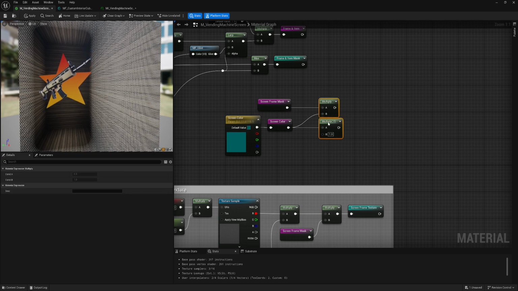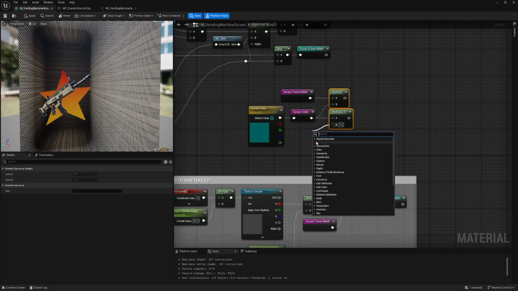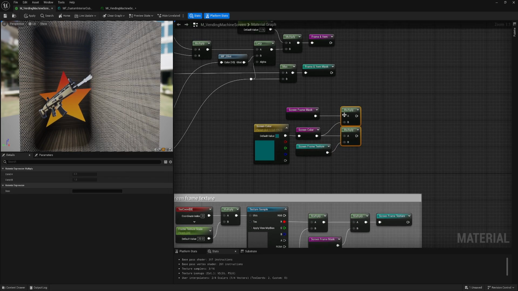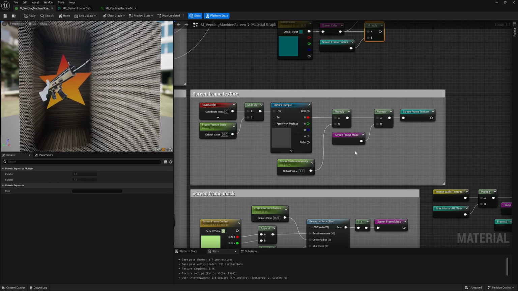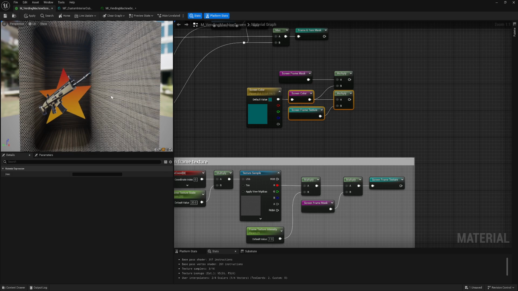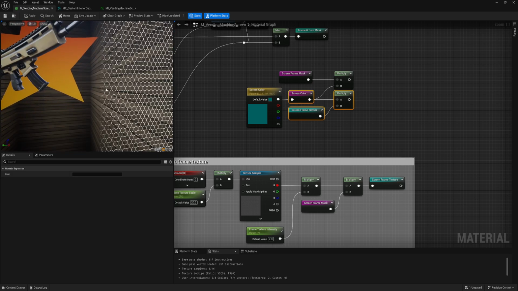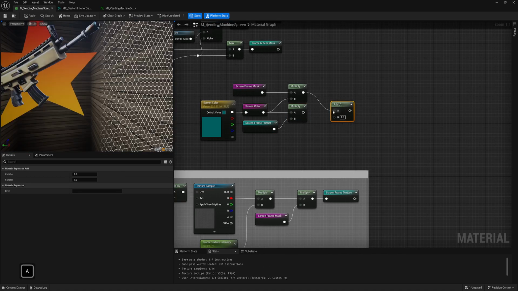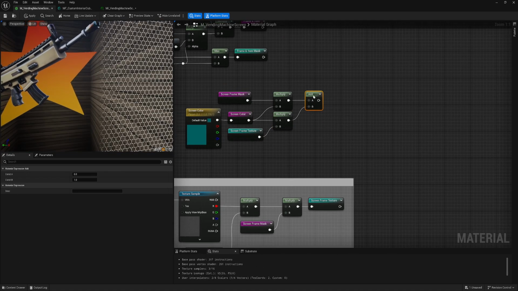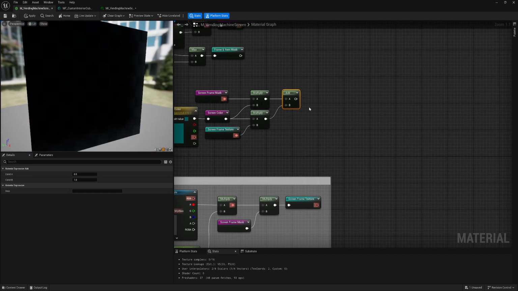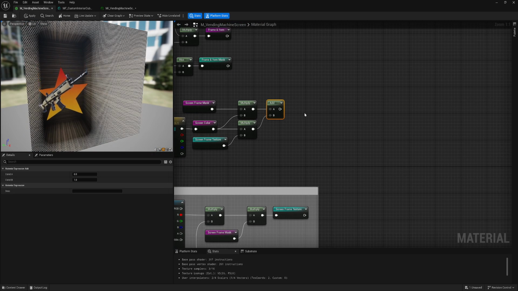Let's multiply with our frame mask first, and in here with our texture. You would say, why with both? Because we already masked our texture. But if I didn't do this and only this, it would apply color only on the pattern, so everything in between the pattern won't be colored. I want to add both together like this, and if I preview, it makes my pattern stand out more, but at the same time in between I still have color. And of course we will be able to control the intensity of that.